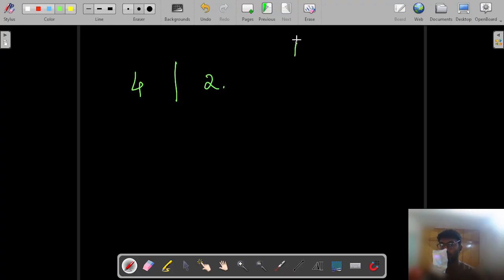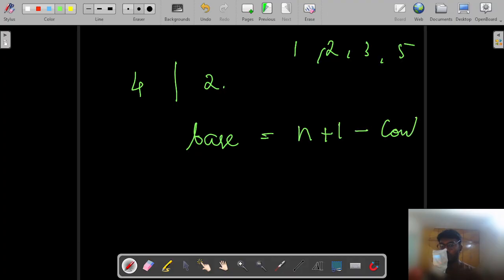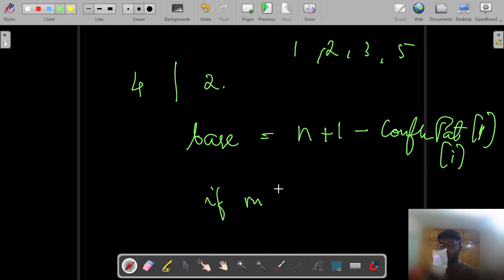Let's say we are given 1, 2, 3, 4, 5 numbers, and our base will be calculated such that it would be n plus 1 minus conflicting pair of I plus 1 of 1,